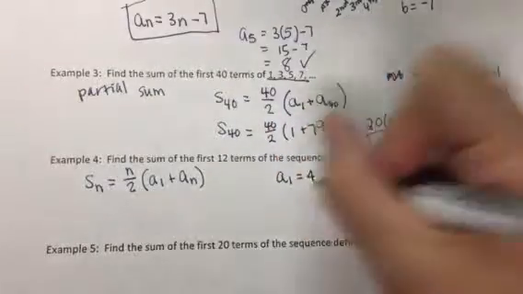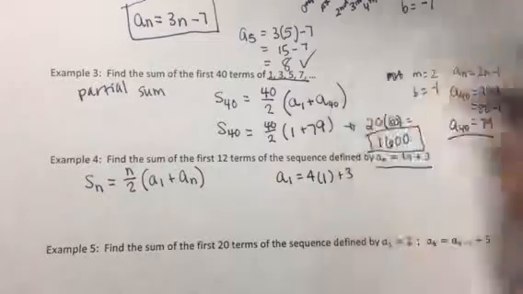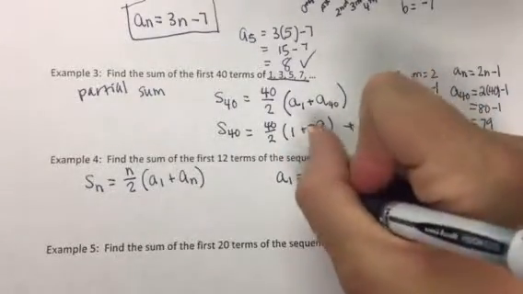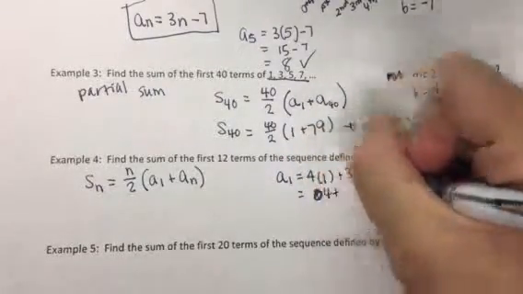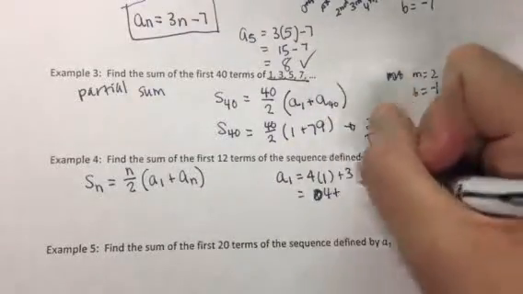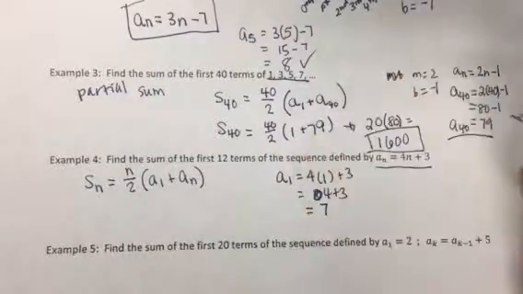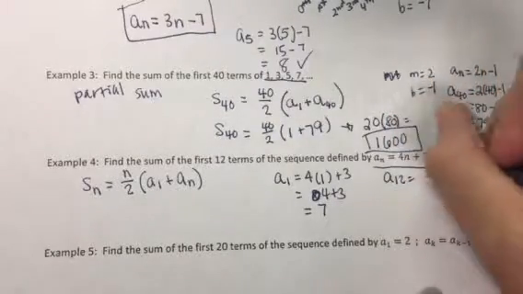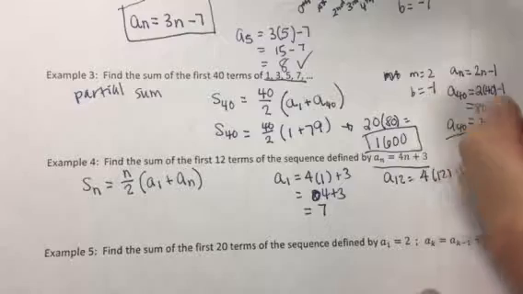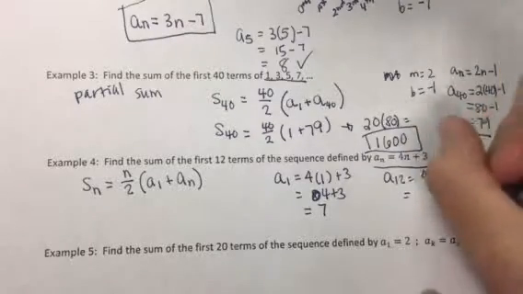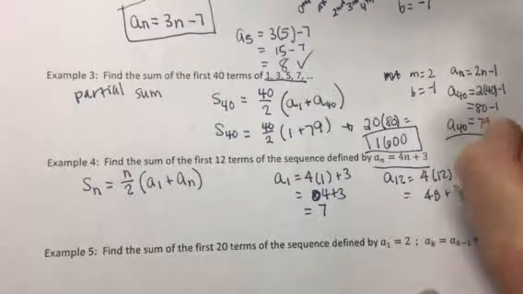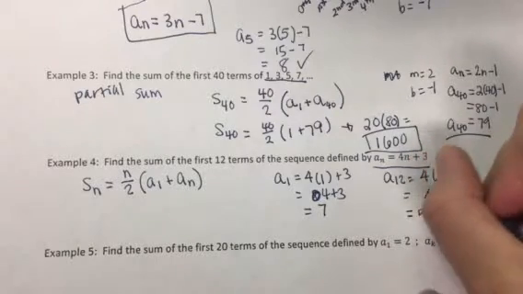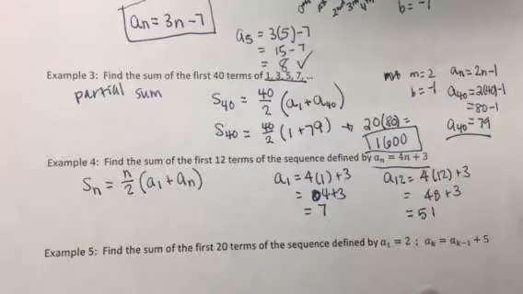is 4 times 1 plus 3, or nope, sorry, I don't know why I just did 4 times 2. So 4 times 1 plus 3 is 4 plus 3, that's going to be 7. For a sub 12, that's going to be 4 times 12 plus 3, so 48 plus 3, 51. Okay, so when we do this, we're going to have